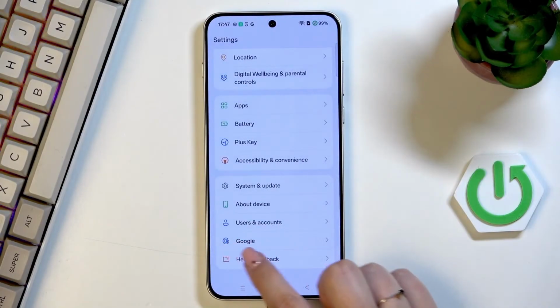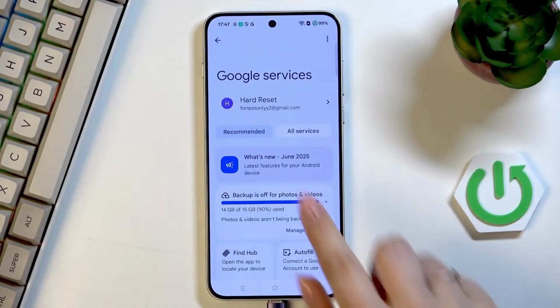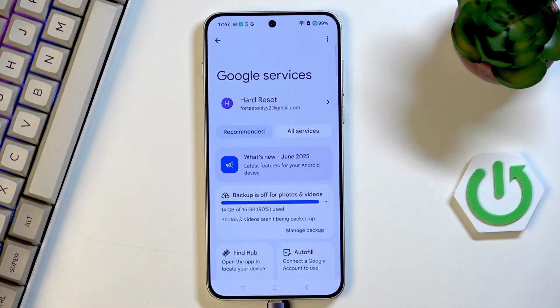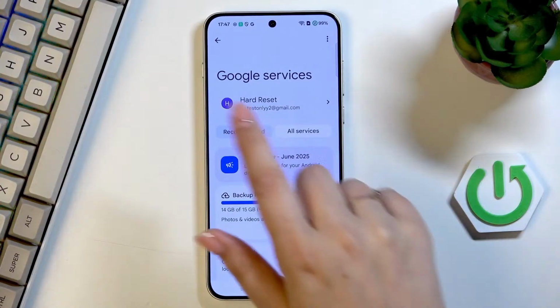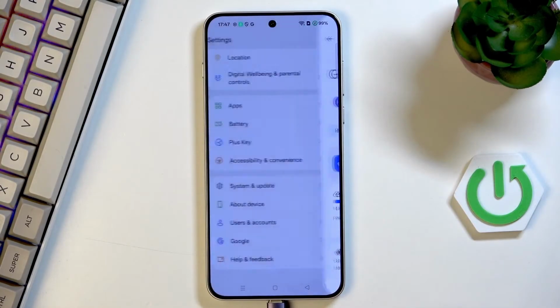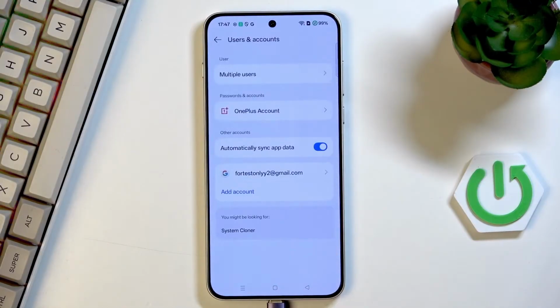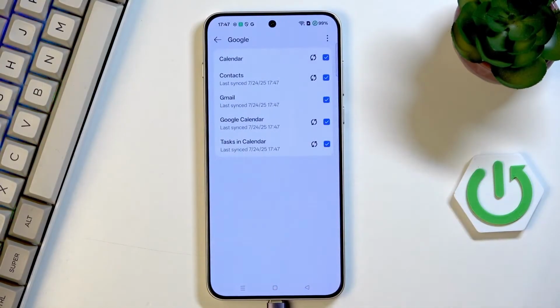And of course, it will appear in this Google section right here. We are logged in. However, if we would like to remove the account, you're not able to do that right here in this section. So we have to go back to the Users and Accounts, tap on this Google account,